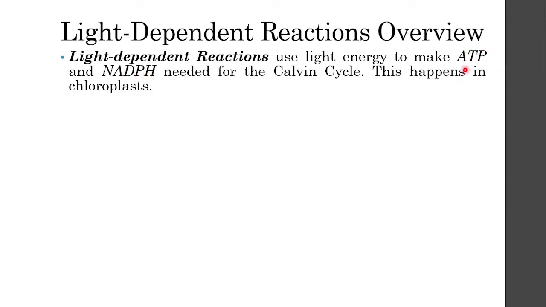This is important because in order for us to continue on the second part of our photosynthesis, called the Calvin cycle, we need to create ATPs and NADPHs. ATPs are energy carrying molecule, while NADPHs are actually electron carrying molecule, and we need this in order for us to undergo Calvin cycle. One important thing to remember about the light-dependent reactions is that it happens in the chloroplast,